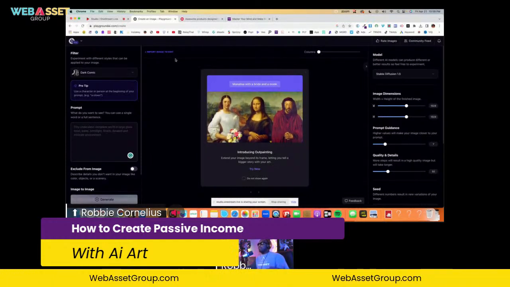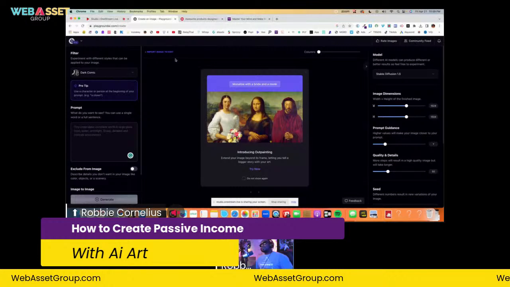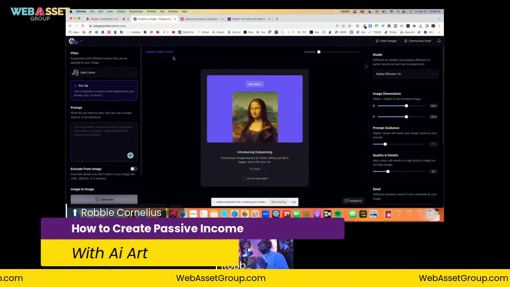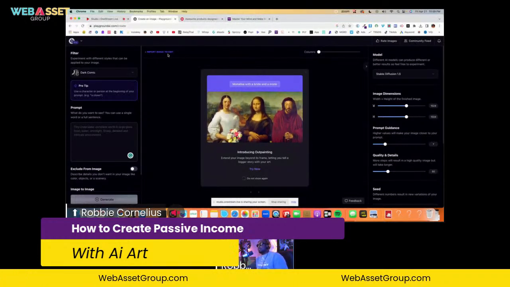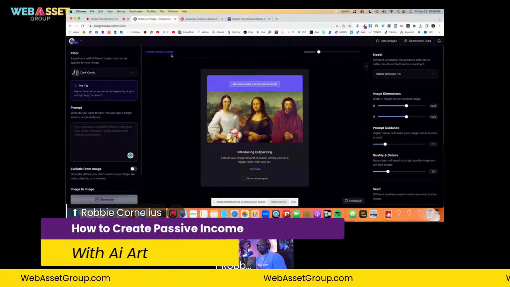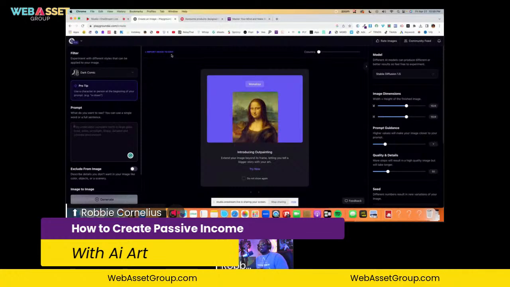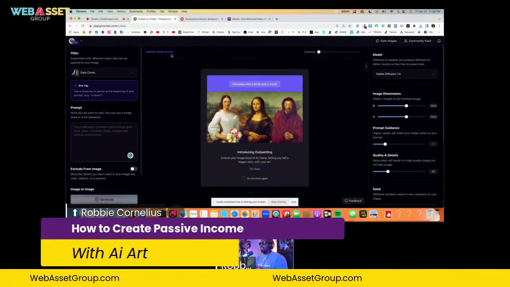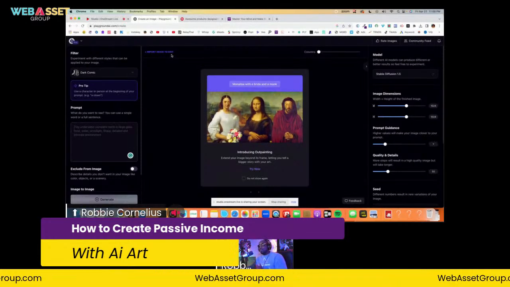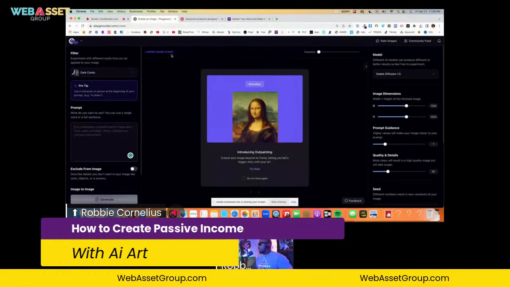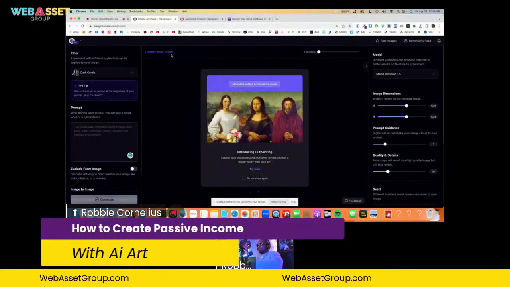Very simple. The quality of images or art that you generate is determined by the quality of prompts you give the software. So you always got to sharpen your skills when it comes to prompt generating.